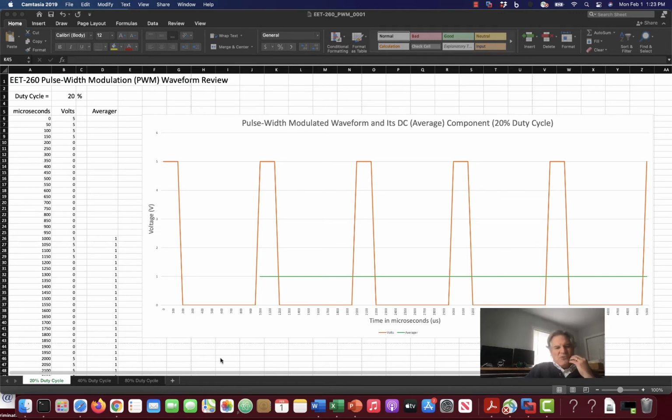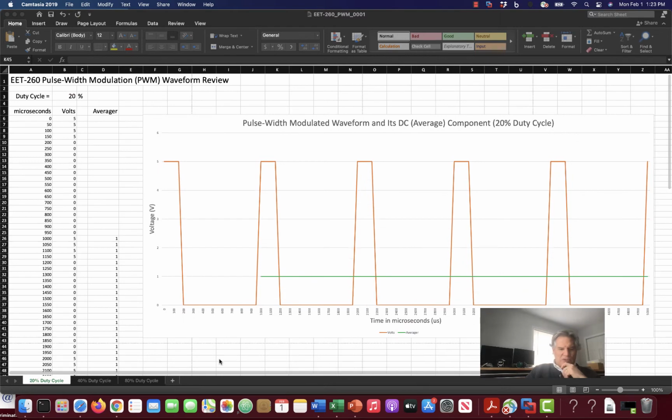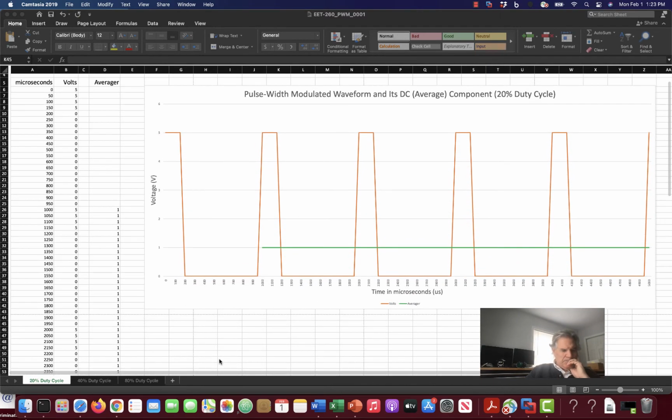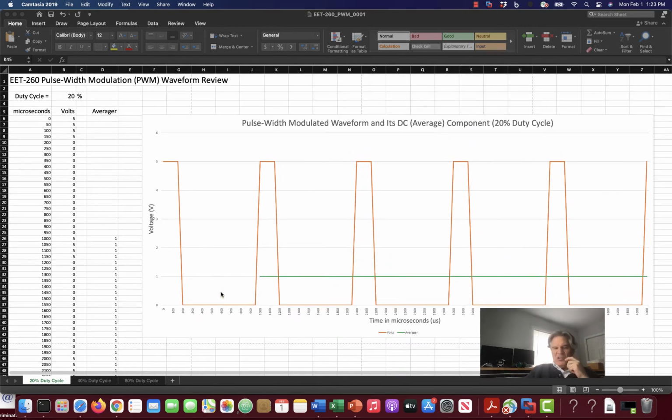And what I did over here is I took an Excel spreadsheet, and you can reproduce. I'll post this spreadsheet, this workbook. It has 3 spreadsheets in it. I'll post it. I think you could probably open it in Google Docs if you wanted to. But I have microseconds written down here, and I have volts, and then I have this averager. So every 50 microseconds, I update the